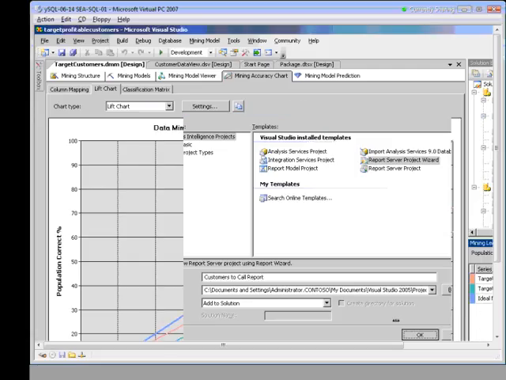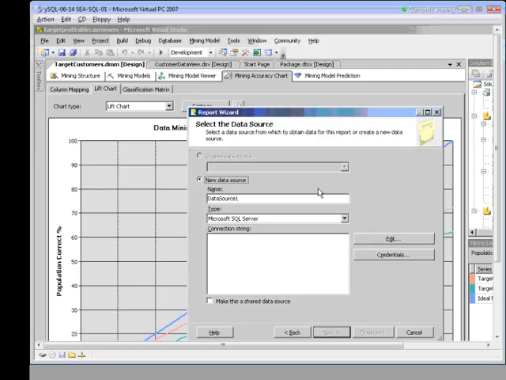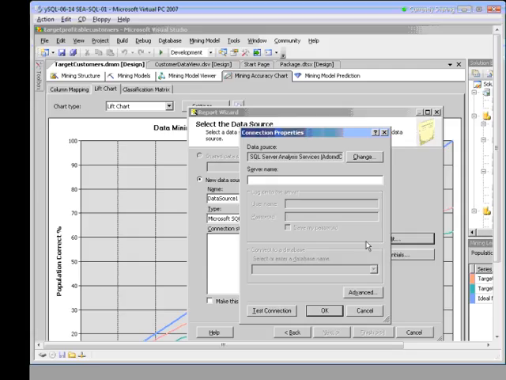And the report wizard is going to launch for us. Based on our scenario, we want to generate a report that will be submitted to the call center. This report will show the people who have a high probability of converting into potential customers. In the report wizard, we'll need to select our data source, although a report will be coming from Analysis Services. So I click on Next, and data source. We want to do Analysis Services. There we go.